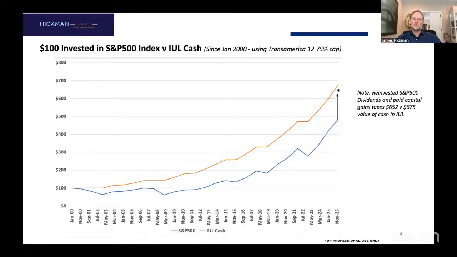This chart should tell you that an IUL is an investment. It's an allocation of your assets for all seasons. This is worthy of an allocation of your assets, especially if you're younger. What this is going to look like long term: you're going to feel really good about having done this if you started when you were 30 years old, 30, 35 years down the road. It is an investment for all seasons.